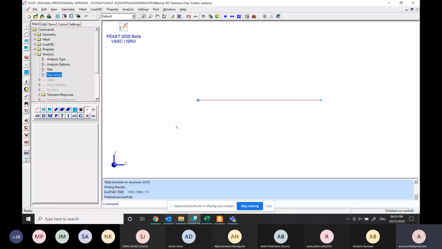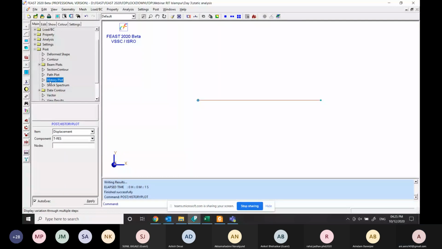Once the solution is done, I'll go to post. And I want the graph which can tell me whether my structure has come to the steady state or no. So I'll go to history plot, where the history of node number 2 is available.